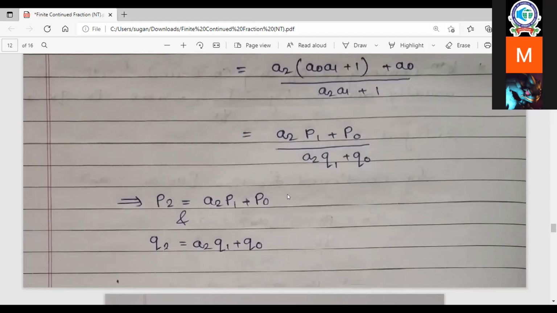I can write a program. I can give the values of P0 and Q0, and I already give the continued fraction. So what are the inputs here? I have a continued fraction. My goal is to compute the convergents. I'll compute only the Ps and Qs: P0, P1, P2, P3, and so on, Q0, Q1, Q2, and so on. Whatever convergent you ask me, I'll simply do the kth convergent, which means PK by QK.